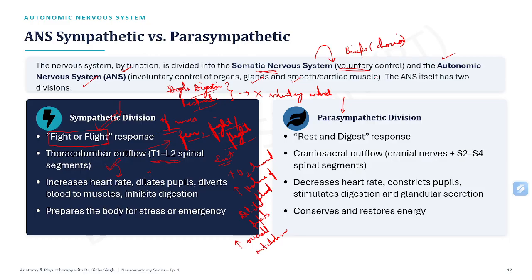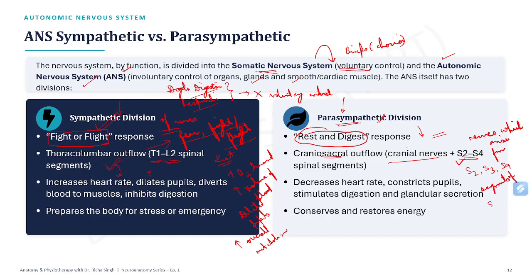The very contrary of which is the parasympathetic division, that is also called the rest and digest response, that helps you sit at one place and digest your food. This particular system of nerves is called craniosacral outflow. Why? Because it is controlled by cranial nerves and the sacral spinal segments, meaning those nerves which arise from S2, S3, and S4 segments